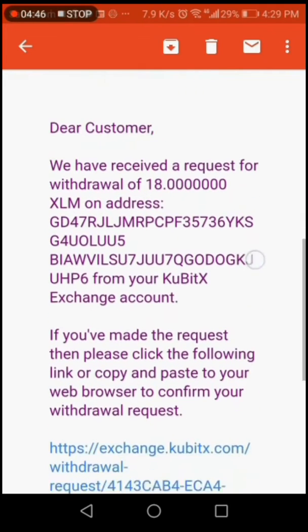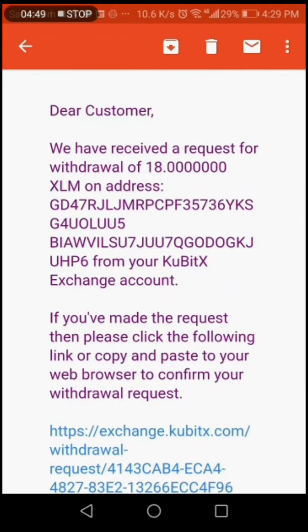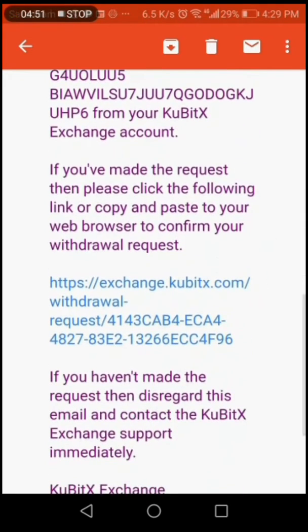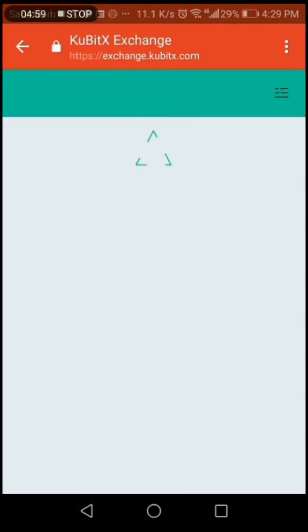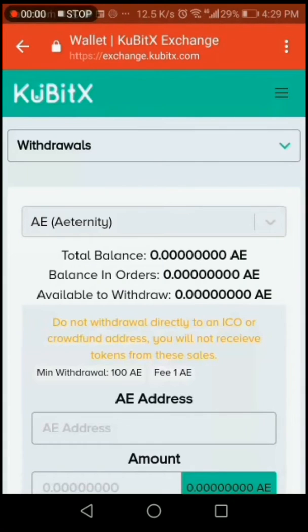Confirm that everything is correct, that your address is correct, and click on the link below if you are the one who authorized or requested that withdrawal. To proceed, it will be indicated success on the KuBitX exchange where you will be redirected, and